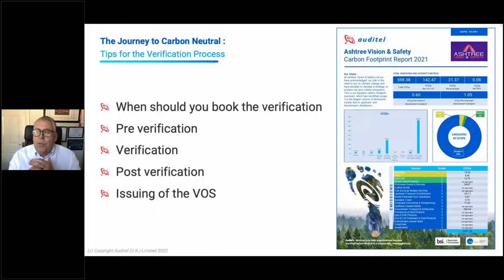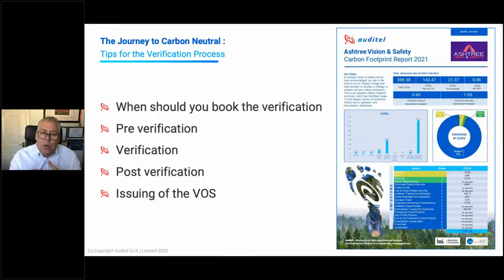It's a really useful document that will list any item where the wording you've used is not in line with PAS 2060, any conversion factors, and any mistakes they can see in your work. We're all human, we all make mistakes, and no one should ever look at a pre-verification as a criticism. It isn't. I made four or five silly mistakes in my last pre-verification, but it's there to help you